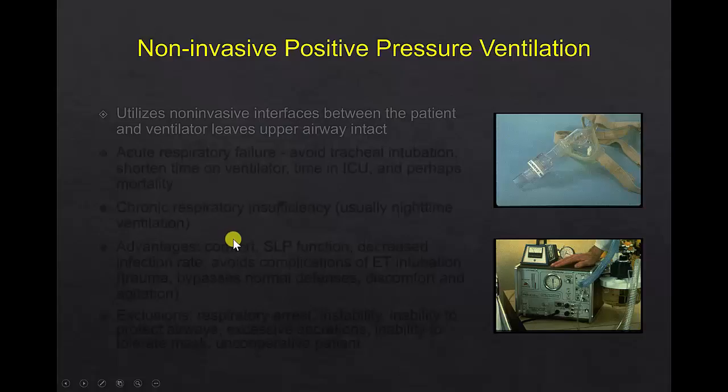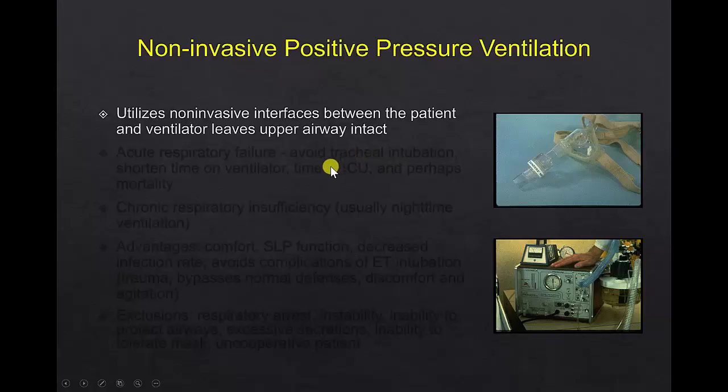I have one slide on non-invasive positive pressure ventilation. It's really not the main part of mechanical ventilation, but the idea is it's still mechanical ventilation with positive pressure. What's changing is the interface is now a face mask or a nasal mask interface to connect to the ventilator. So the big difference between NIPPV and standard mechanical ventilation is the access to the airway doesn't involve endotracheal